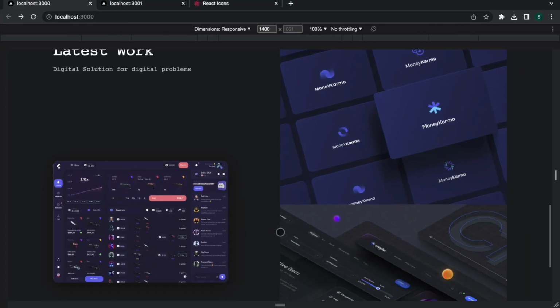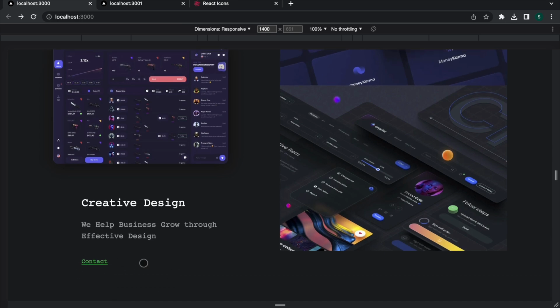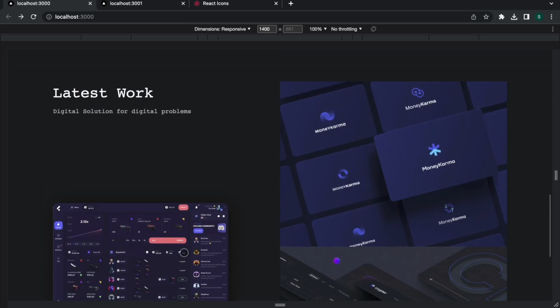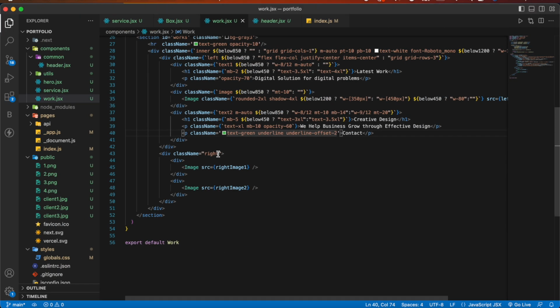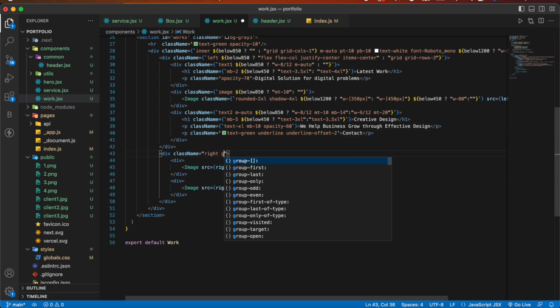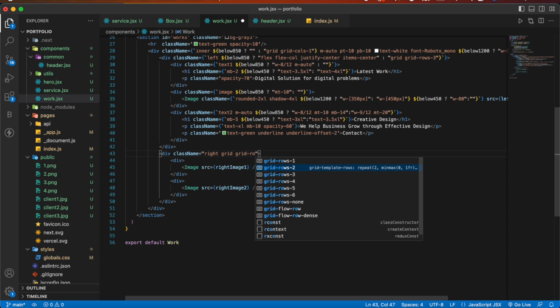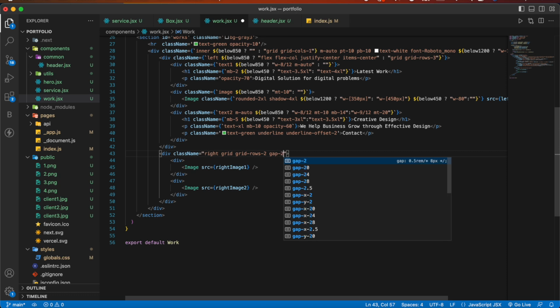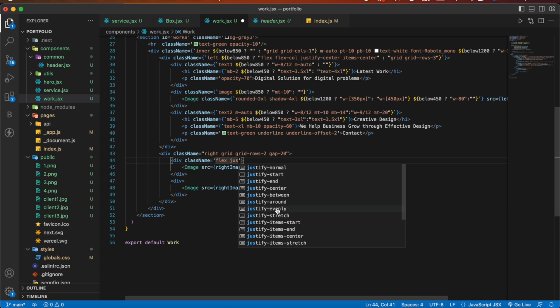Now if we go and see here, this is how it's looking. Nice. Now let's work on the right side. For the right side, let's have a grid display, grid row 2, and gap is 20. In the first we'll have display flex. First add the class name, display flex, justify center,